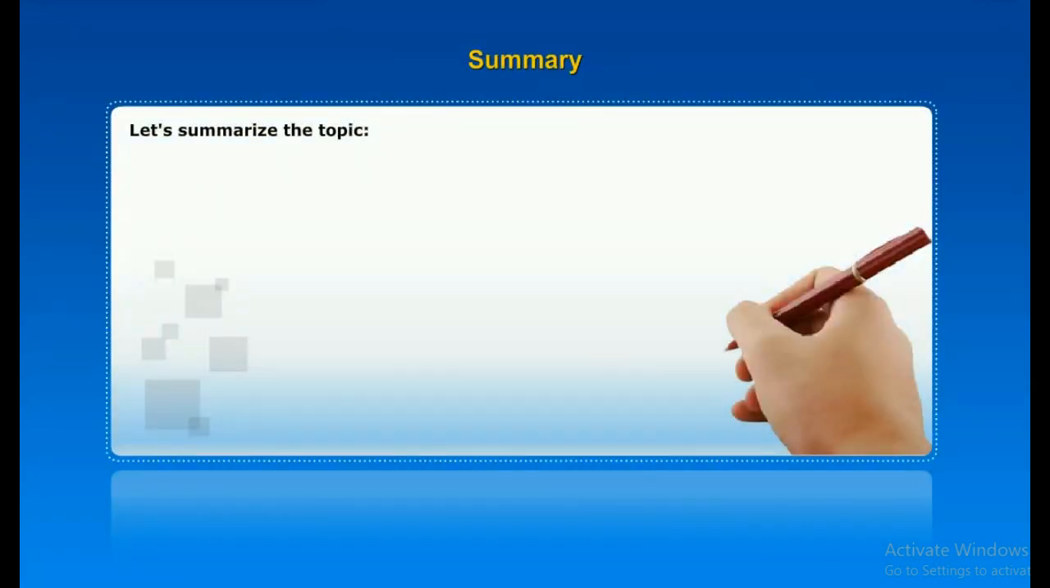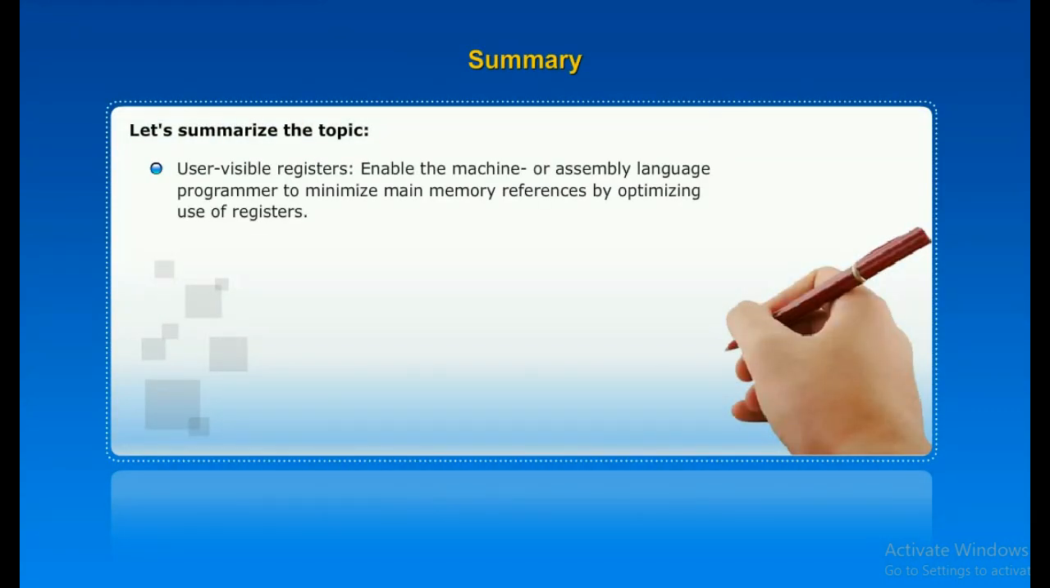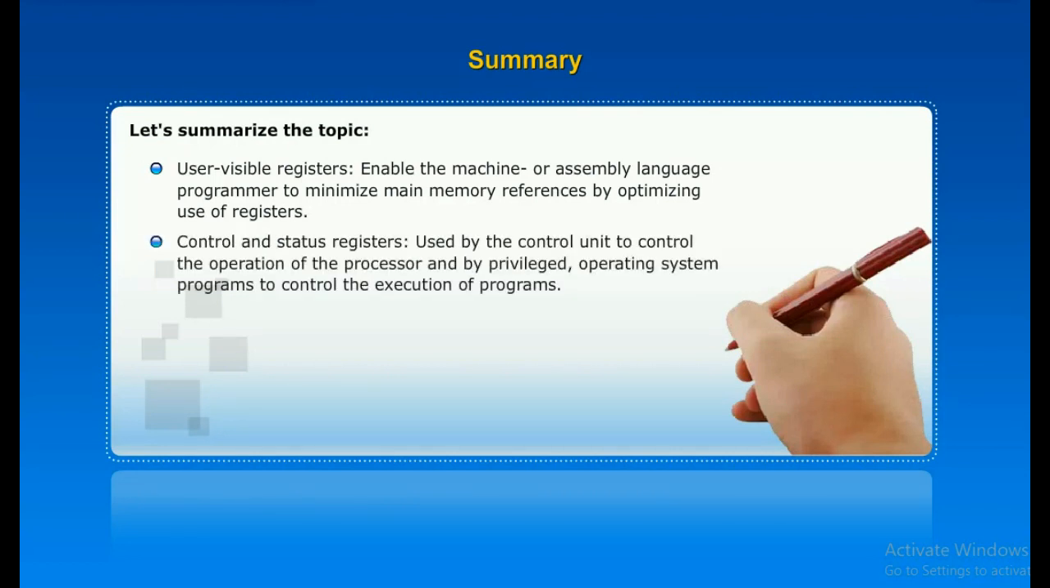Summary. Let's summarize the topic. Use of visible registers enable the machine or assembly language programmer to minimize main memory references by optimizing the use of registers. Control and status registers, used by the control unit